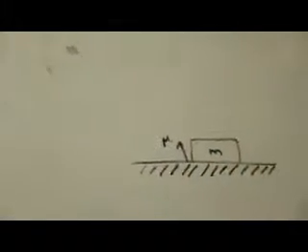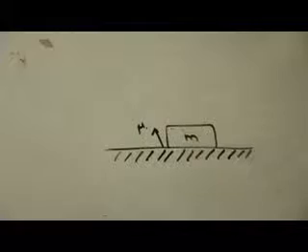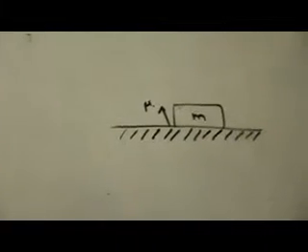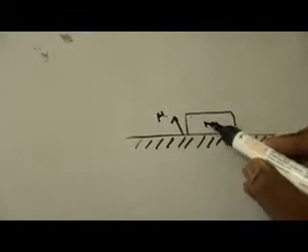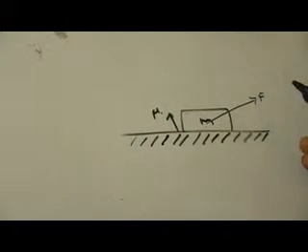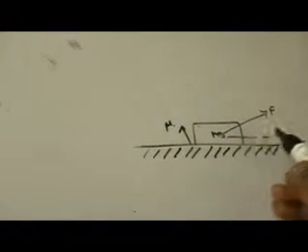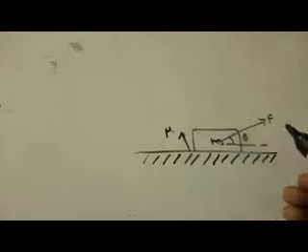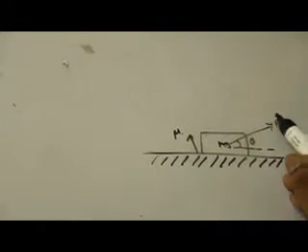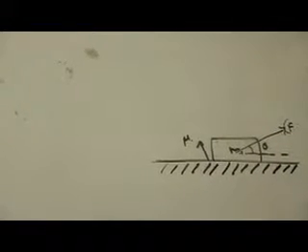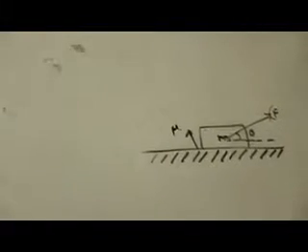Okay, and instead of applying the external force horizontally, you are being given a force which is being applied at some inclined angle, at an angle theta. Then you are being asked what is the minimum force required to move the block. That's the question being put forward for you, and let's discuss how to get the minimum force required to